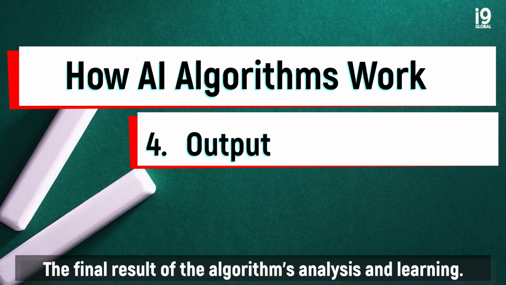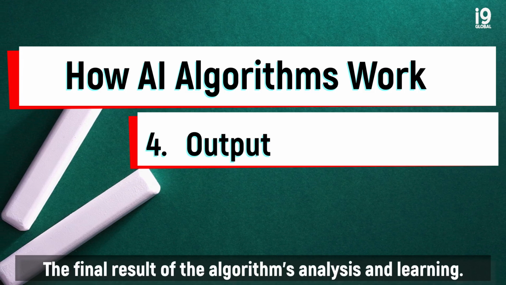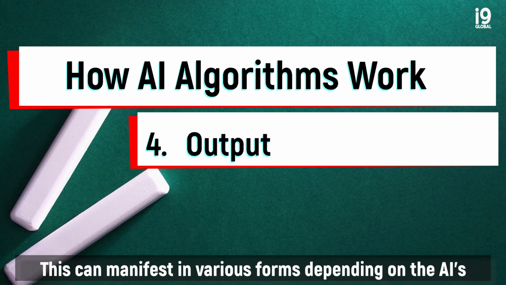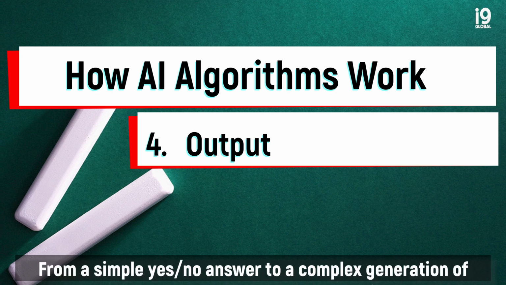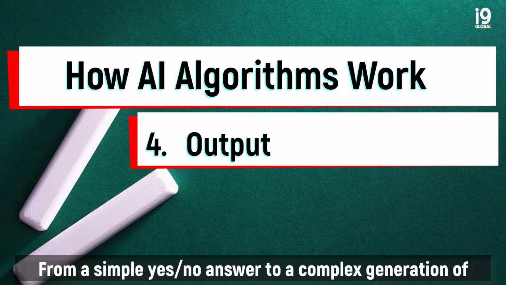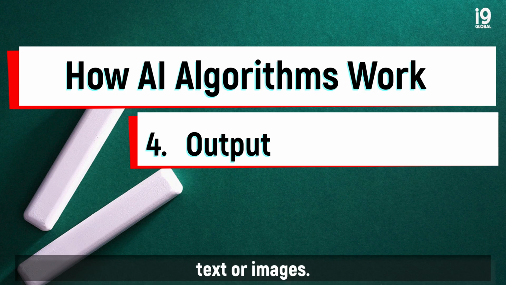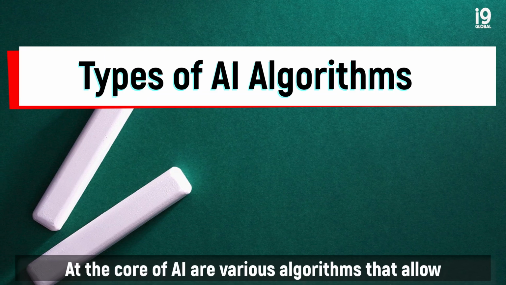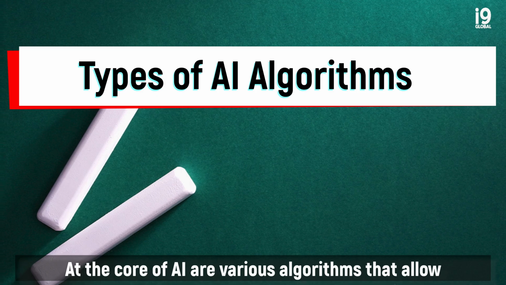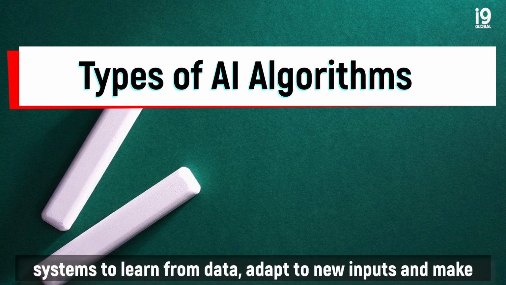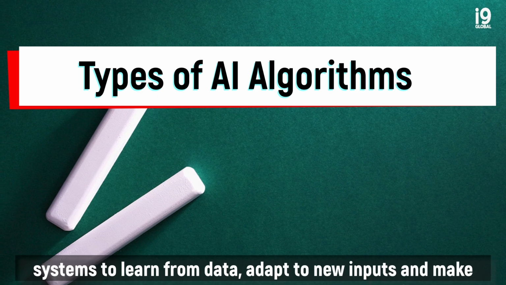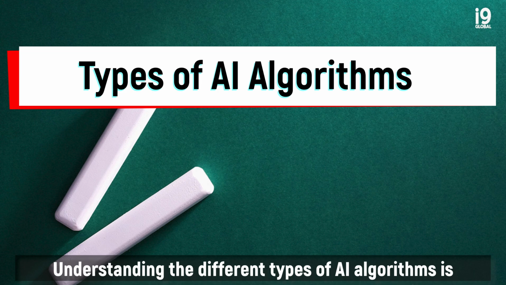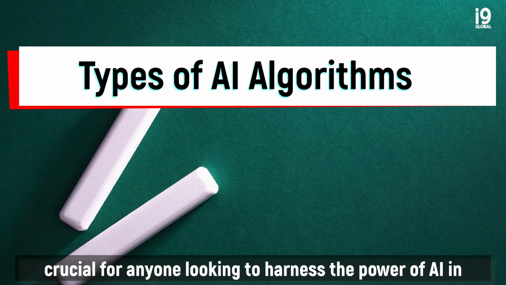4. Output. The final result of the algorithm's analysis and learning. This can manifest in various forms depending on the AI's purpose, from a simple yes/no answer to a complex generation of text or images. Types of AI algorithms. At the core of AI are various algorithms that allow systems to learn from data, adapt to new inputs, and make decisions. Understanding the different types of AI algorithms is crucial for anyone looking to harness the power of AI